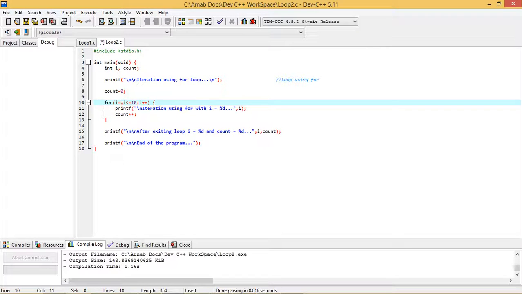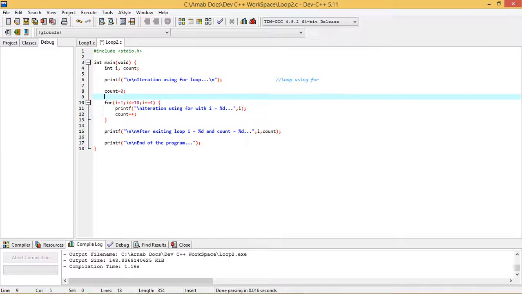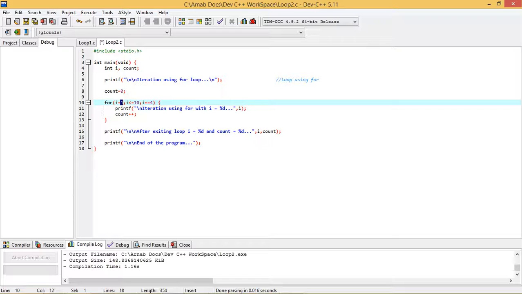I'm going to do the last one. So for I is equal to 1 to 10, and if I make this one as I plus equal to 4, for how many times will it execute? So at first the value of I will be 1. So for that, one time this line is getting executed. Then the value of I will become 5 because plus 4 is there. So for that it will get executed. Then the value of